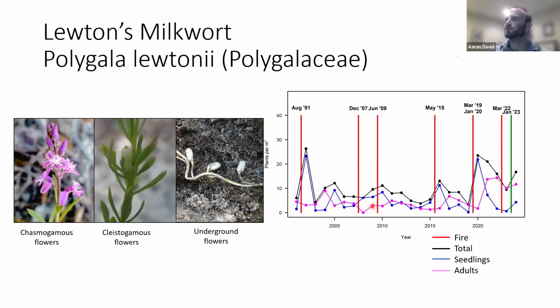The red is a fire treatment, so you see general increases afterwards. This green one is actually a hardwood reduction treatment, and so we're seeing a burst a little bit after that. This is one that as soon as that canopy opens up, it really booms. So as long as it's getting that fire that it needs, these populations can be secure.